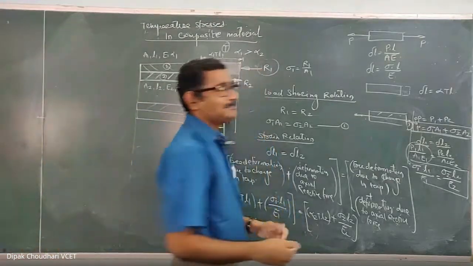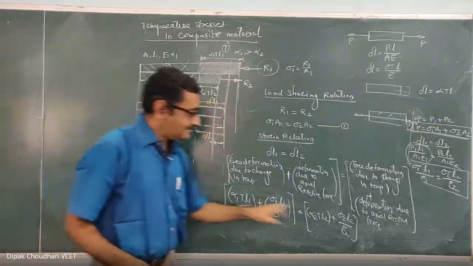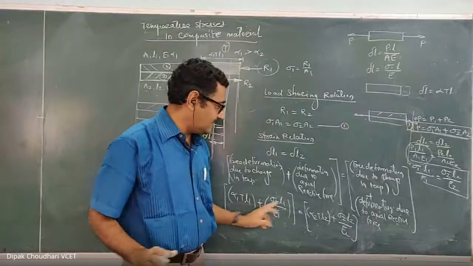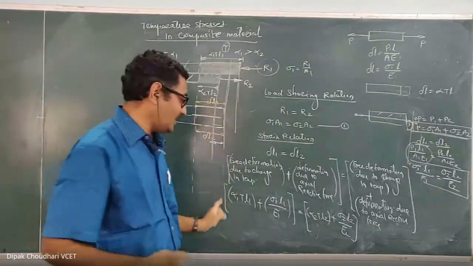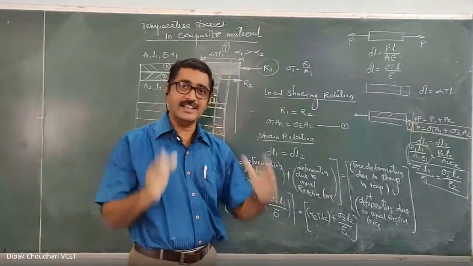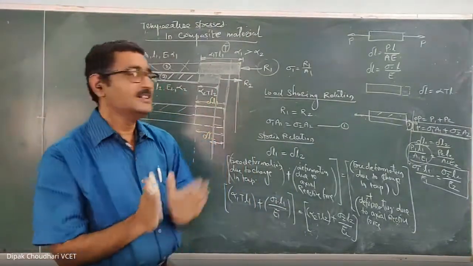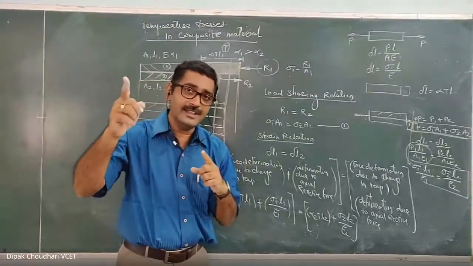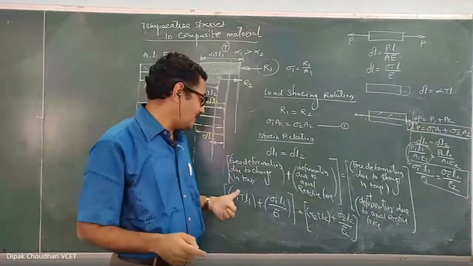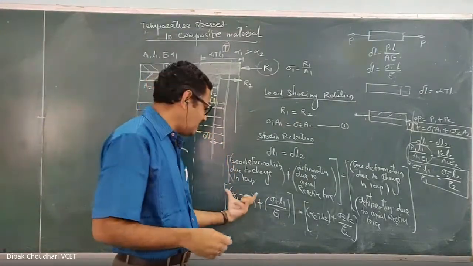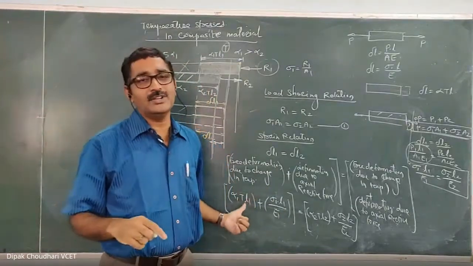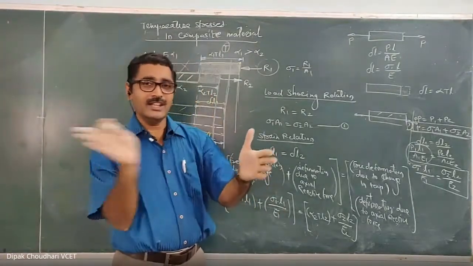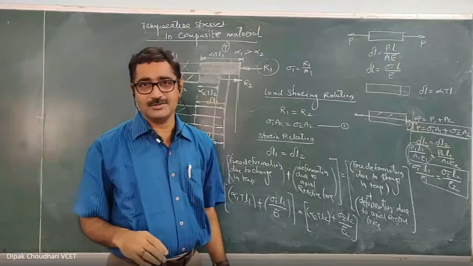Okay, now in the general equation I have used plus everywhere, but while solving the sum it is not like that. You have to make a little bit of changes here, and the change I suggest is: if there is an increase in length, you have to take that term positive, whether it is this term or that term. If there is a decrease in length, that term you have to take negative.